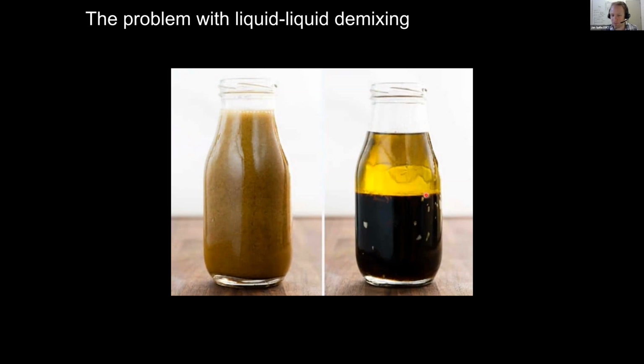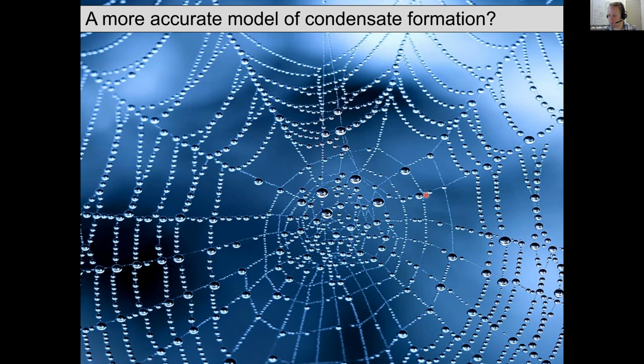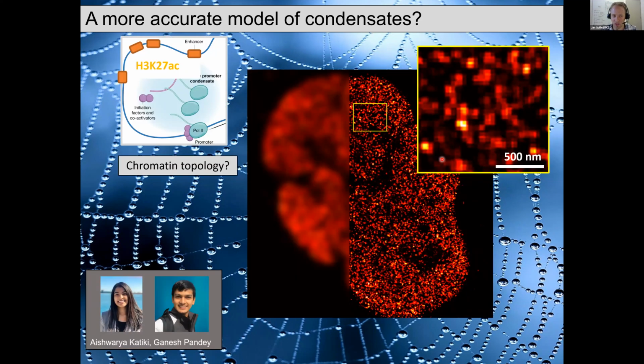So what we're exploring right now is if something like this is maybe more appropriate, where we have a scaffold structure like this cobweb, and then we get condensation in certain places where, for example, we have intersections of the scaffold or a high local density of nucleation sites. So this is what some of my students are working on and are going to work on with our new